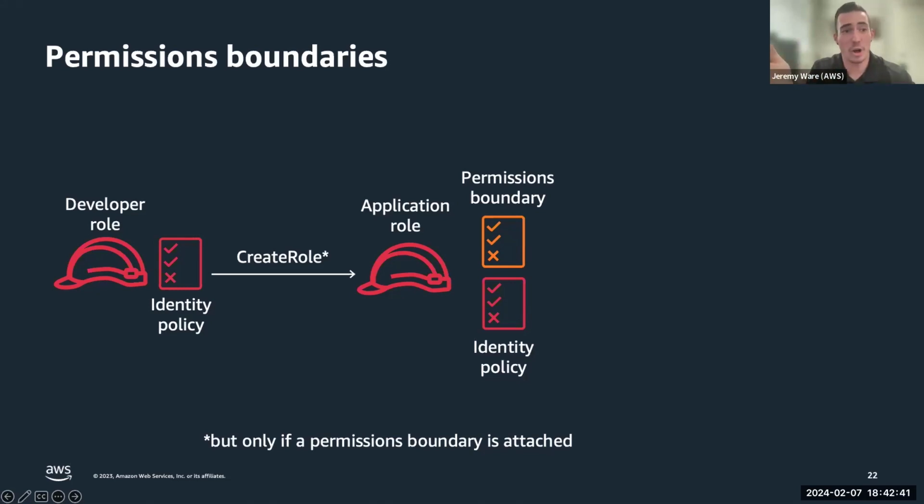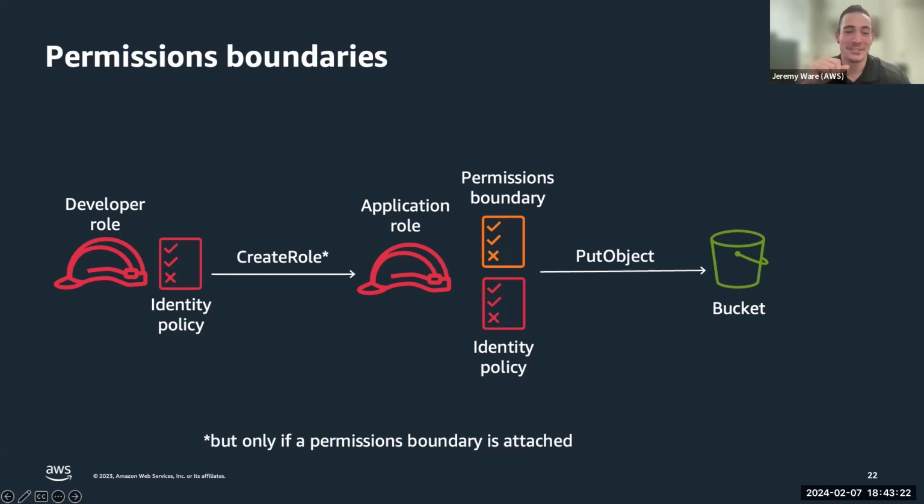grant DynamoDB star for the Lambda role or the service linked role for Lambda. And in actuality, there's a lot of different tables that are maybe merged and they only need access to one table. And so the permission boundary scopes down to that specific table. Even though there is an identity policy that states they have access to DynamoDB star, a permission boundary operates as if everything not allowed in the permission boundary is denied. So it acts as an explicit deny for anything not listed in there for permissions. You don't have to go through and list all the denied actions, though, which makes it a little easier and less cumbersome.